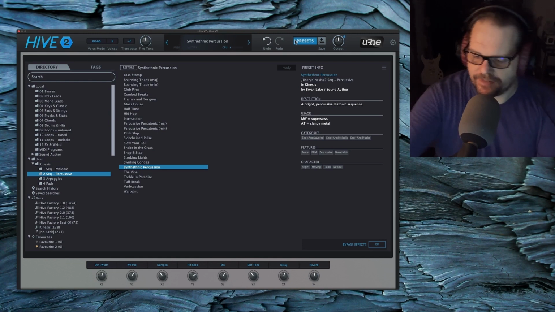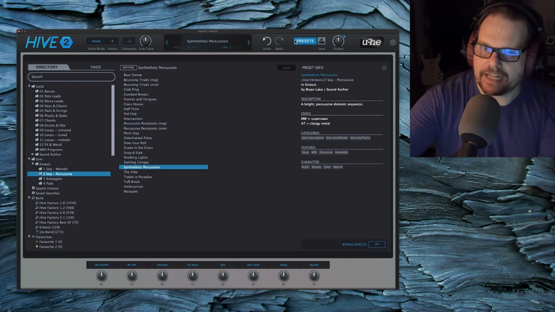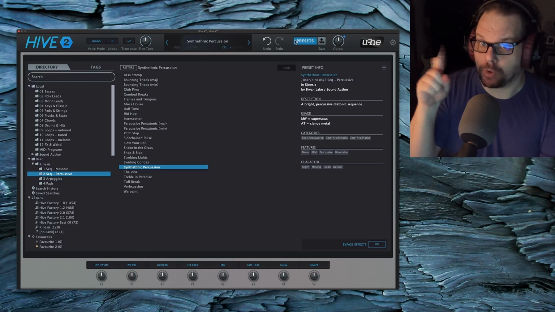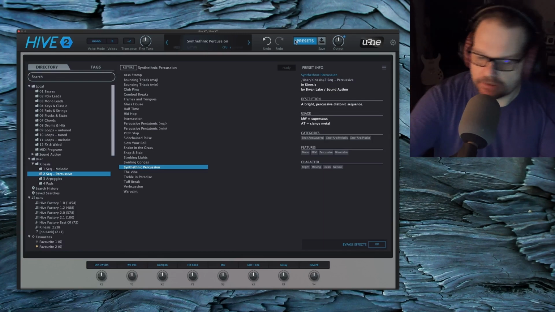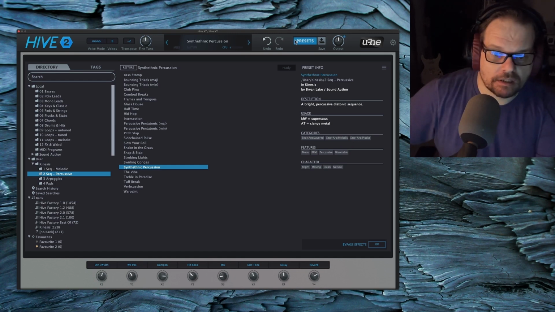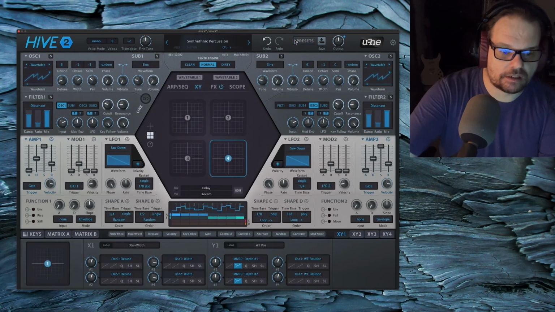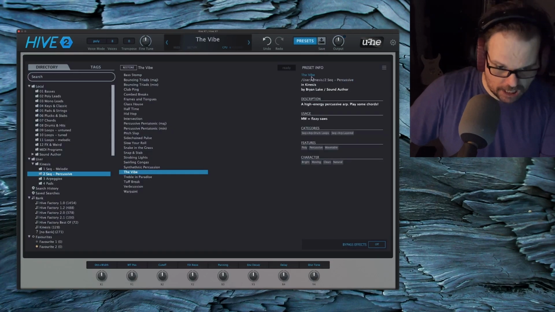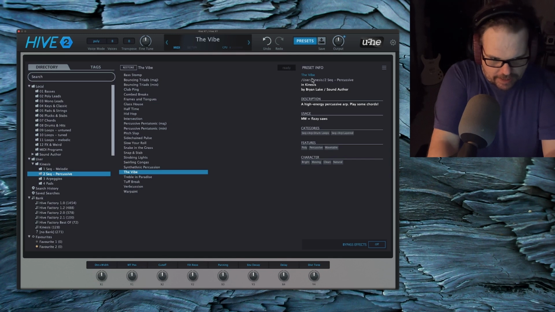The aftertouch makes things kind of clangy. Hence the patch description. Okay. Nice. Okay. The vibe. It's poly.